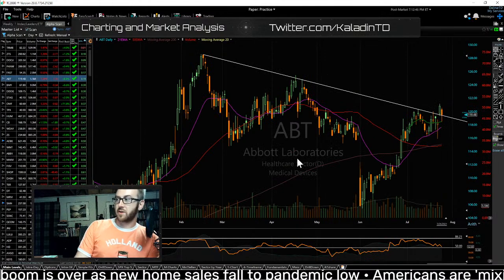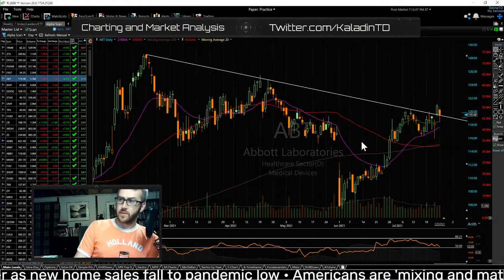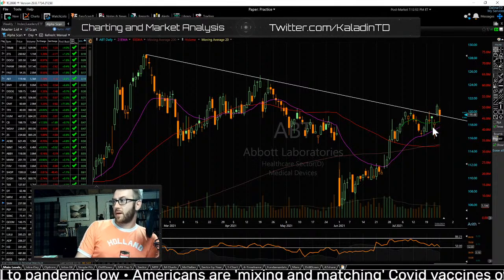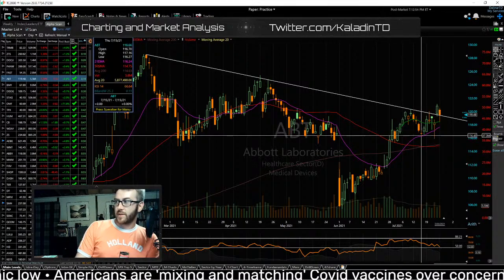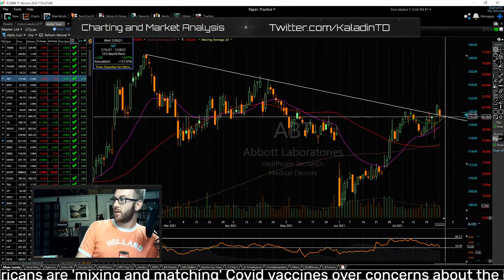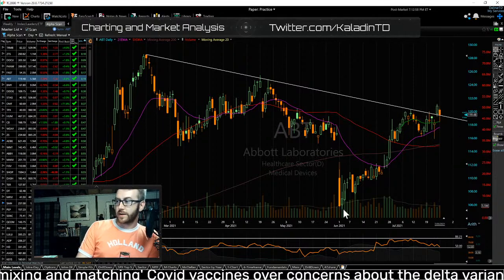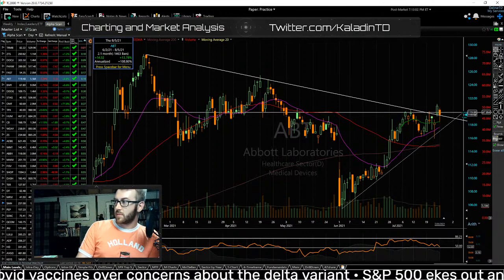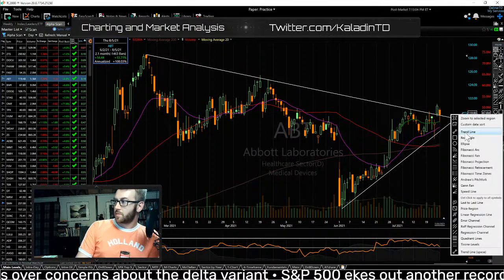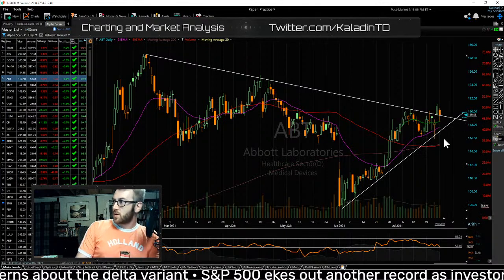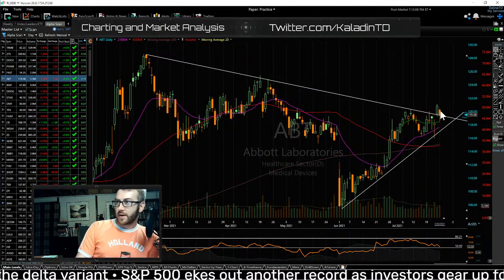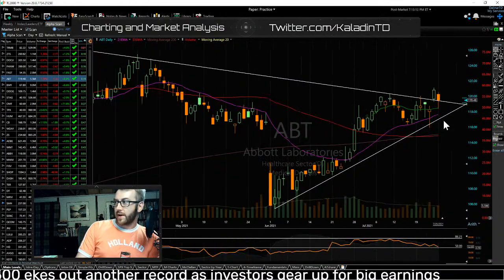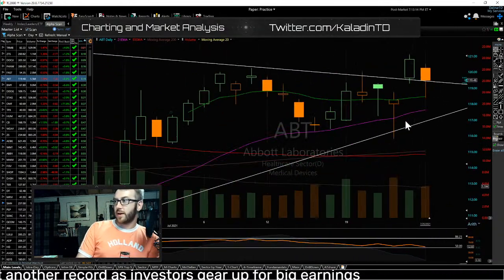A bullish channel pullback. ABT, I had this one on my weekly list. I was watching it when it had this nice bounce off of the 21 into this potentially narrowing wedge here. You could do something like this, maybe. And it broke out, and then a weak day today. Still worth keeping an eye on, just because it